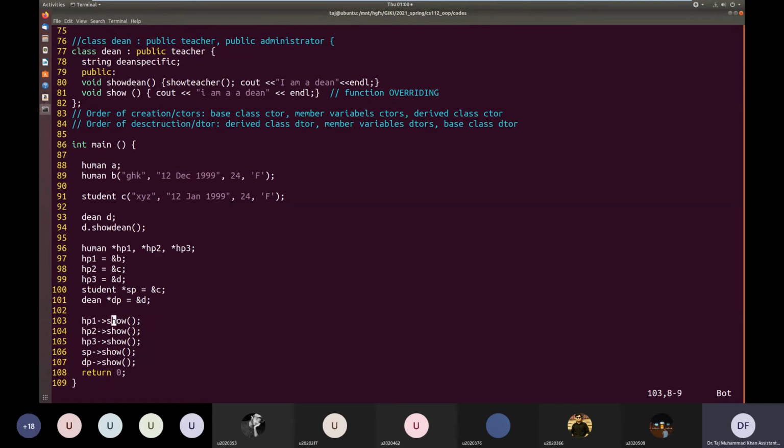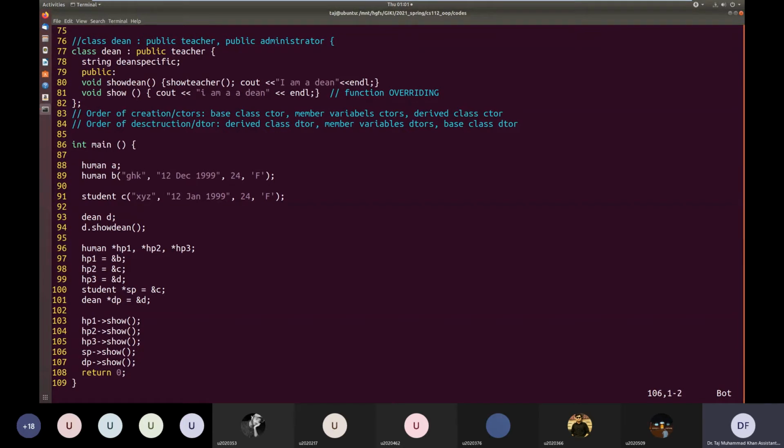It is calling show on it. hp2 contains the address of a student object, and it is calling show of that function. The show function is defined in human as well as student as well as Dean. And hp3 contains the address of the Dean object and is calling show.